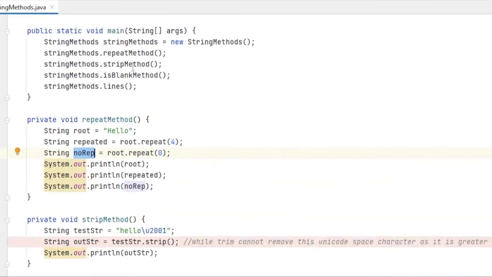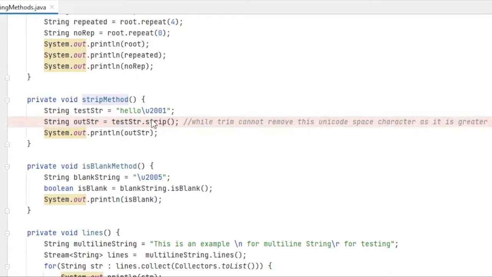The next method is the strip method. The strip method will remove the white spaces available in the string. Earlier we had the trim method, so why don't we use that? It will also remove spaces and white spaces. The problem is when you are dealing with multilingual text or if you are using Unicodes in your string. Then the trim functionality will not work, because of Unicode.